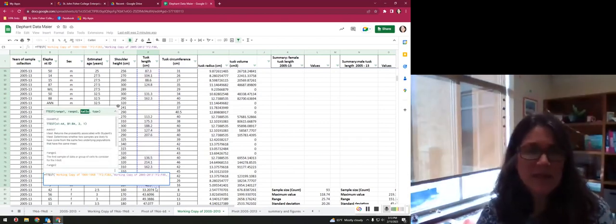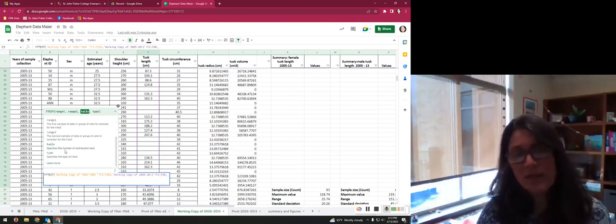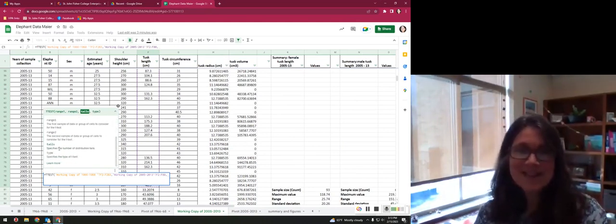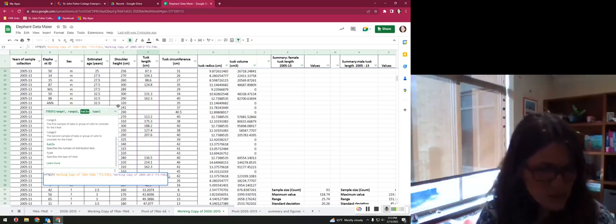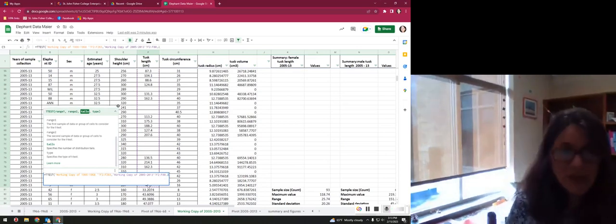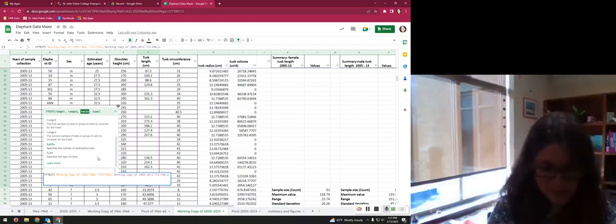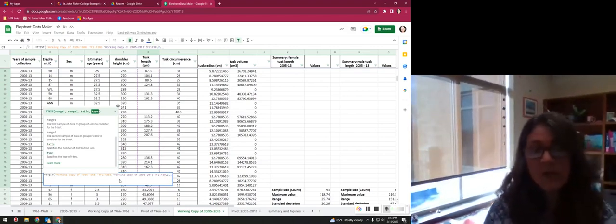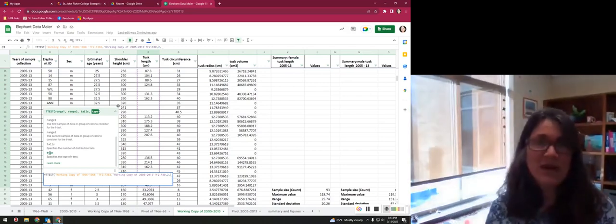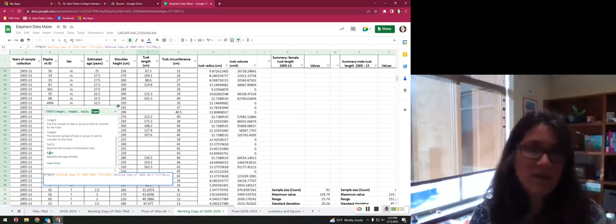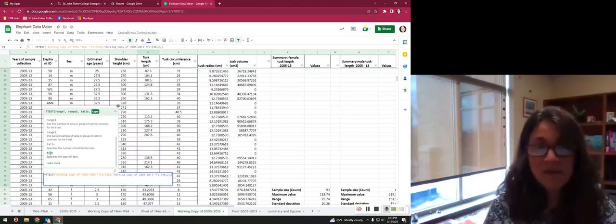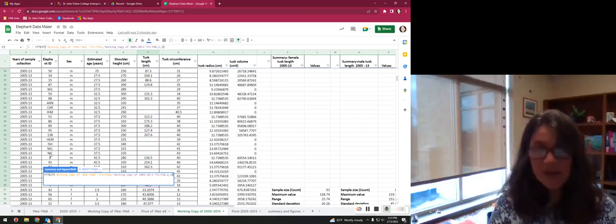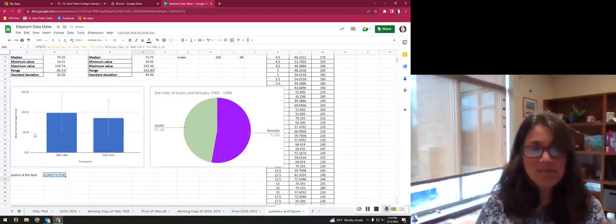Now the next things I put in, you're just going to have to trust me on this. There are different values for how many tails are in this test, and we're always just going to use 2. There could be 1 or 2. We're always just going to use 2. Did that go in there? 2. And then another comma, and now I want to know what type of test I'm going to do, and there's 3 types here. We're just going to always pick the second type. So it's always 2 and then 2, and then close parentheses,